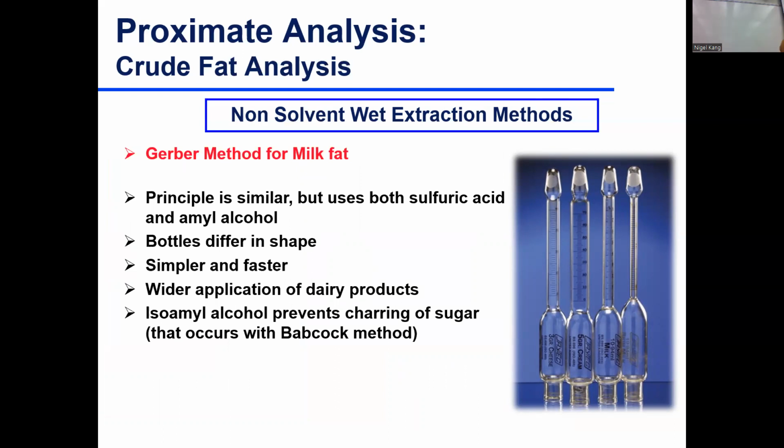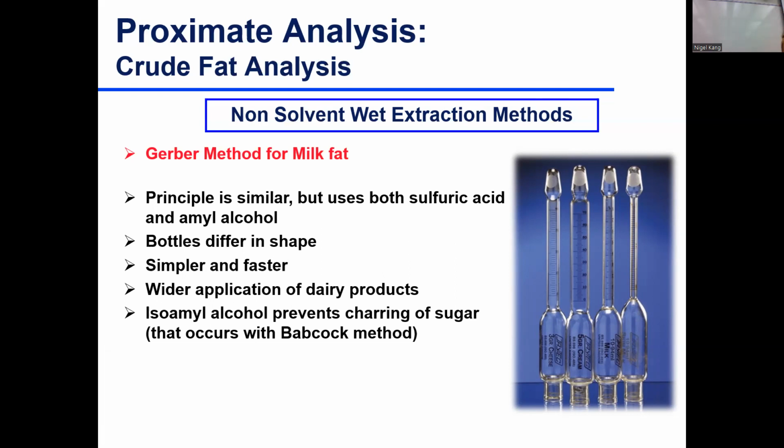Gerber method, again, is a common method for dairy products, especially for milk and some cheese samples. So it's similar to the Babcock method, but there is a difference. In the Babcock method, we don't use any alcohol. But here in Gerber, we use isoamyl alcohol. And the reason we use it, okay, if you have high sugar content in your sample, like a chocolate milk, a chocolate cream,